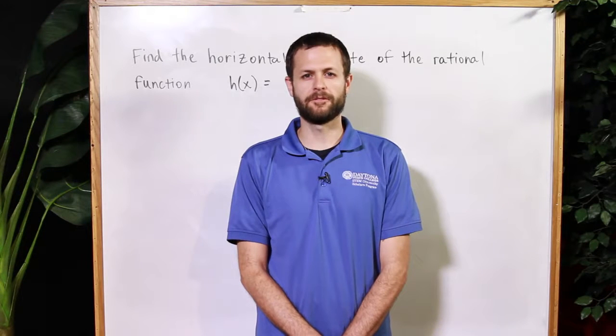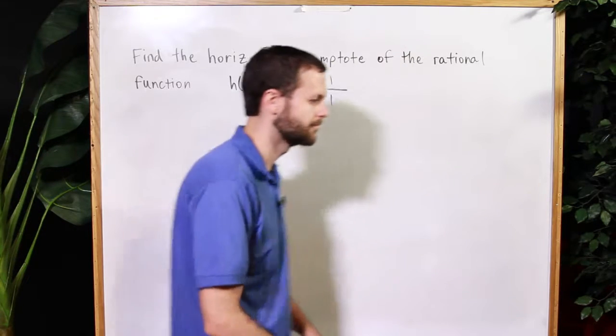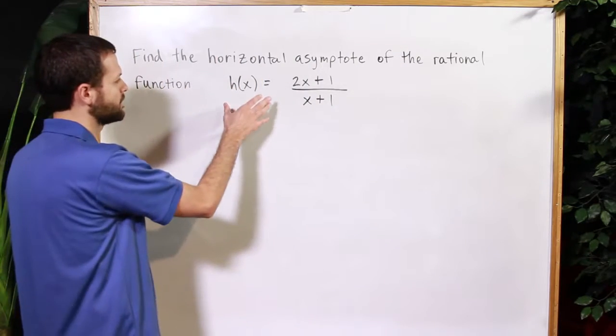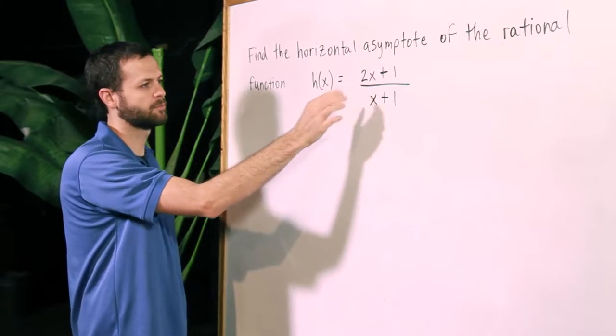In this problem, we want to find the horizontal asymptote of a given rational function. We're asked to find the horizontal asymptote for the function h of x equals 2x plus 1